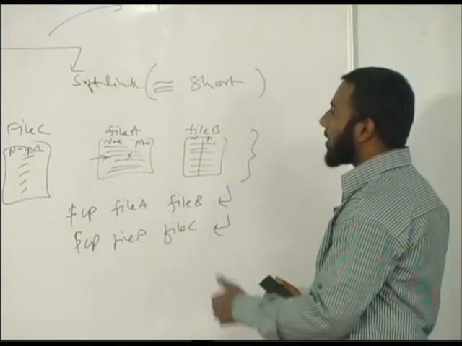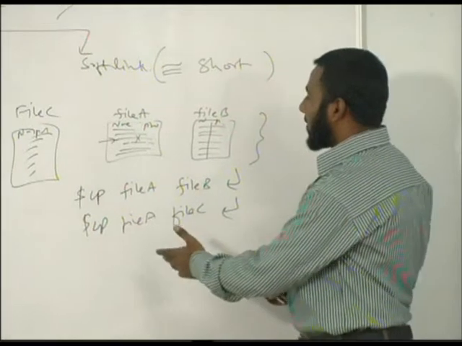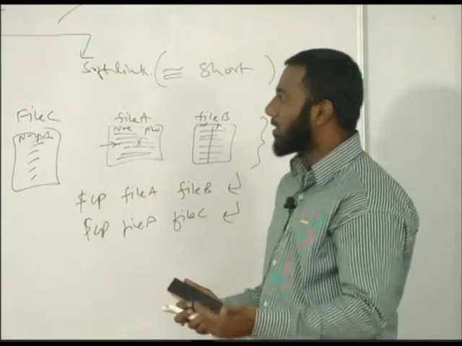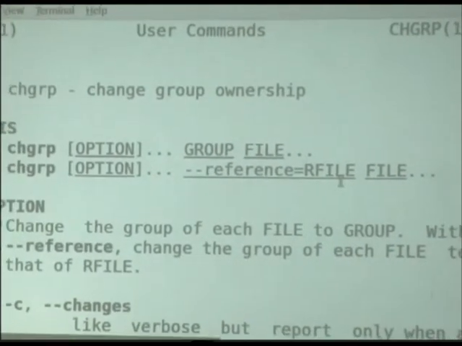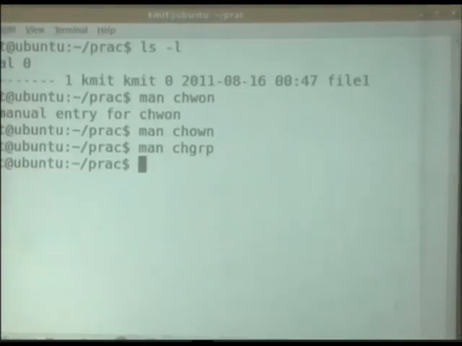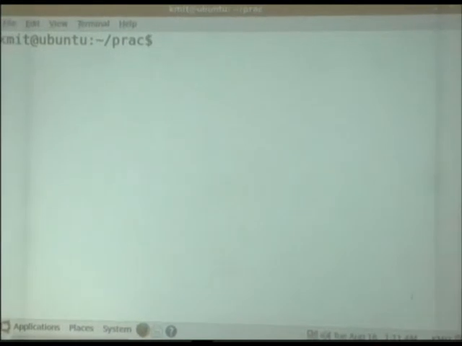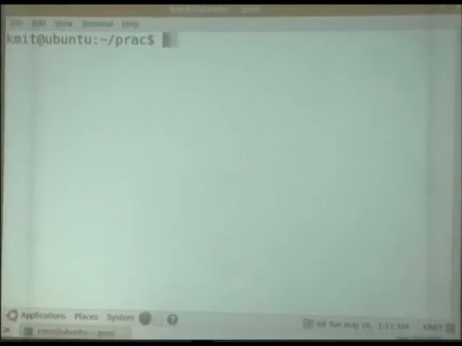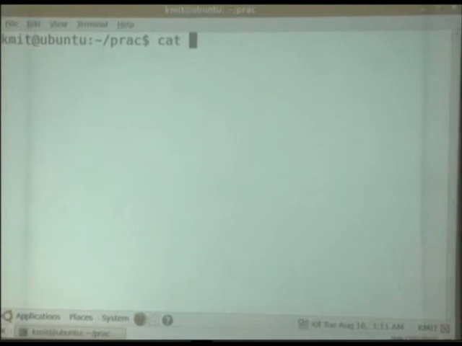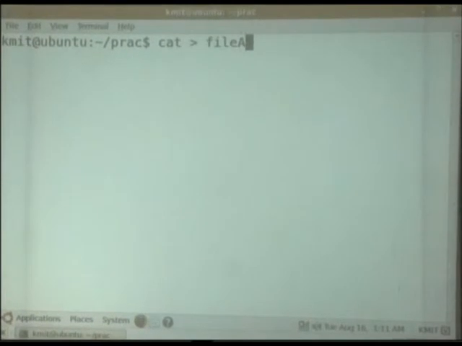So whenever I have created a file, let's see this scenario and how it is working. Here I am creating a file, cat file A, and here I am writing some number, for example 1 2 3 4 5.